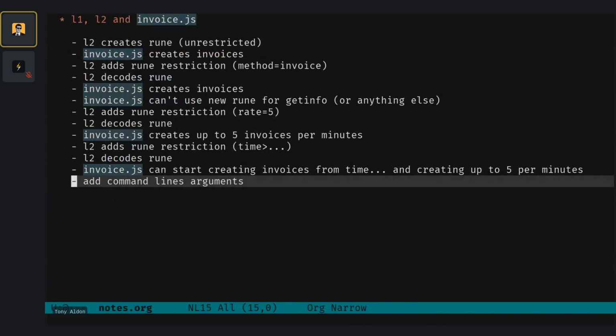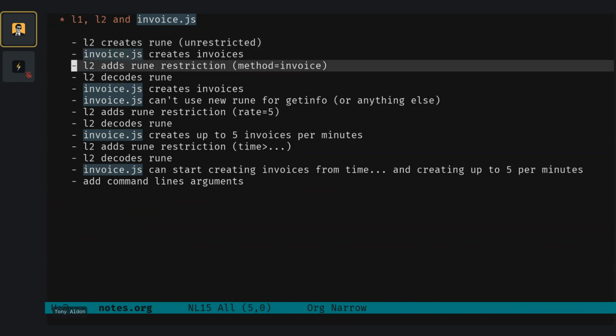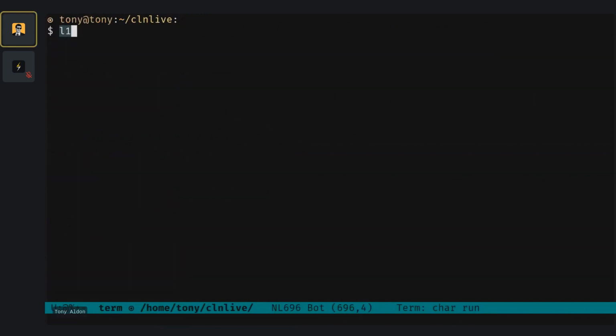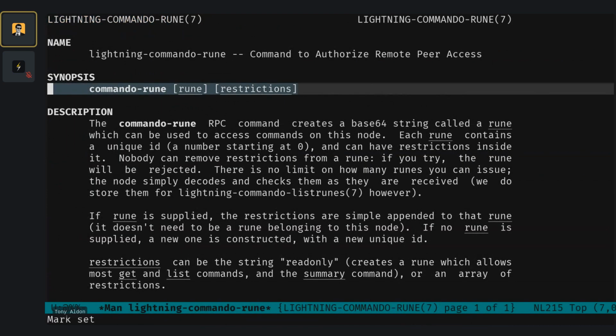Now, we've said that we want a rune, we are not going to do a rune unrestricted. We are going to do a rune directly with a restriction with method equal invoice. So L1, no, L2, CLI, commando-rune, and we can pass null because